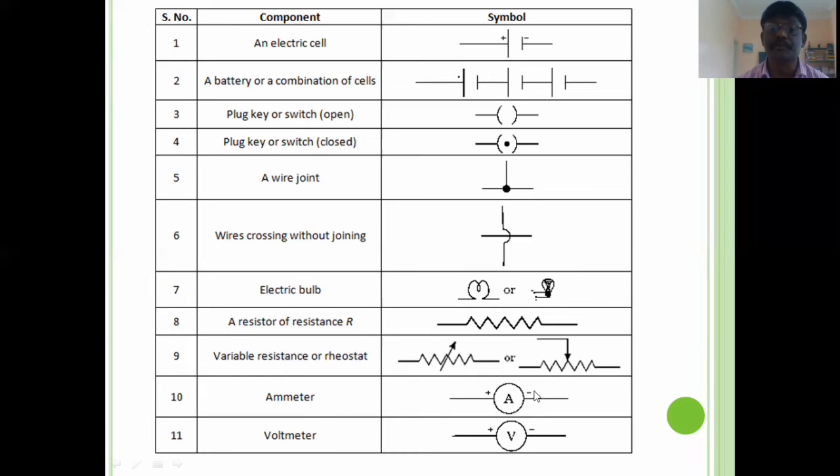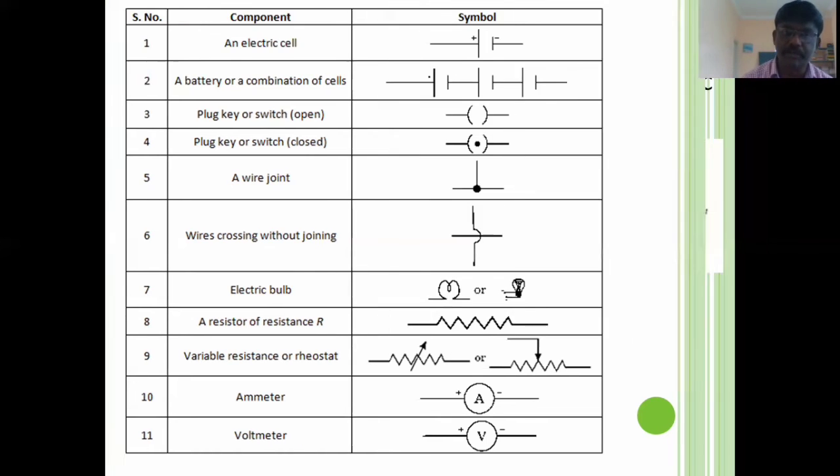Ammeter, the circuit symbol is this. Plus and minus, these two symbols indicate positive and negative terminal, and even in voltmeter, plus and minus means positive and negative terminal. Now therefore here we are very clear about the most basic symbols of some electrical components. With the help of these, now it is easy to understand the circuit diagrams.